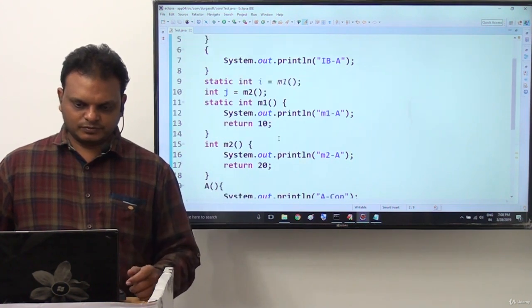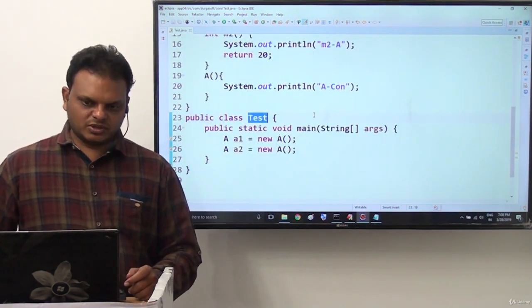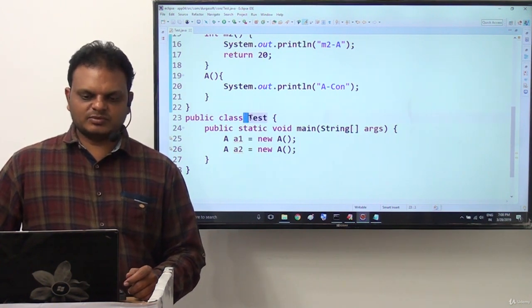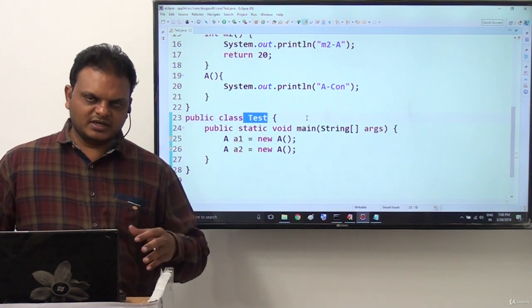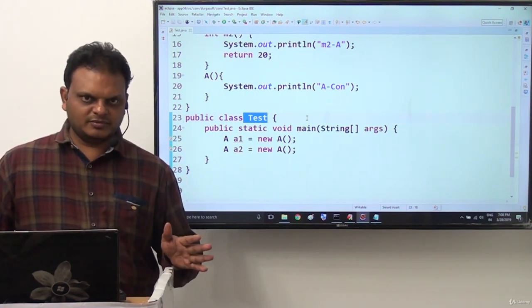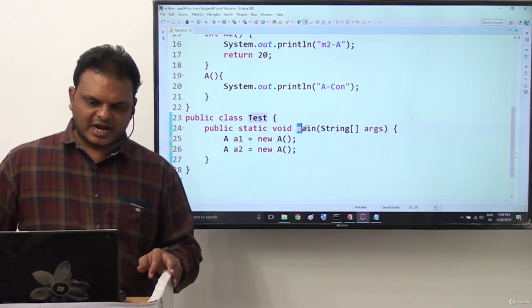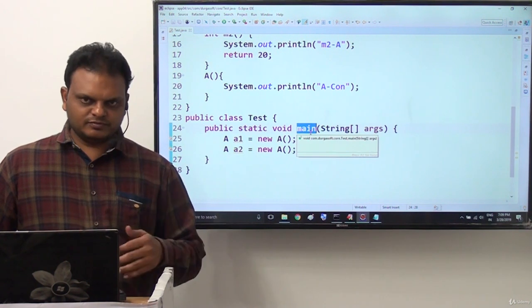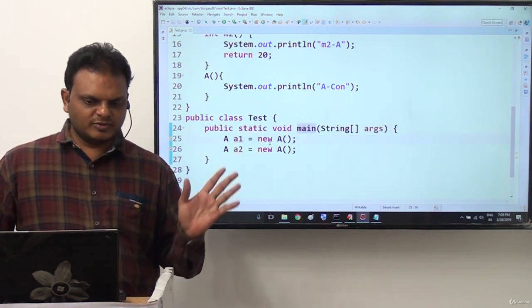That's fine. When we execute class tester, JVM will load test class bytecode to the memory. Inside the test class, if you have any static context like static variable and static blocks, then they are going to be executed automatically. But static methods, depending on the call only, that will be executed. Of course, main method is static method, that will be called by JVM. That's fine. So no static variable and no static block, that's why no output will be generated now.